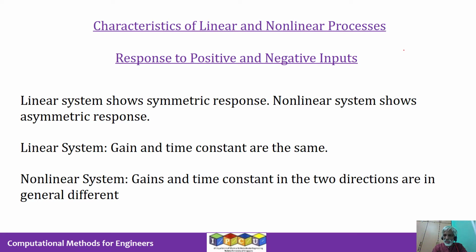So the scenario is like this. Let's say this is the process. It can be a general system. Let's say it has got one input U and one output Y. So the input, let's say, is like this. There is some value of the input. It could be a coolant flow rate, and this could be the corresponding reactant concentration at some value.